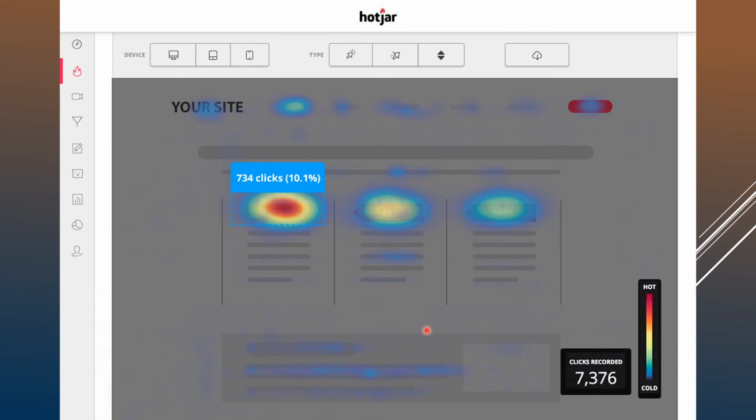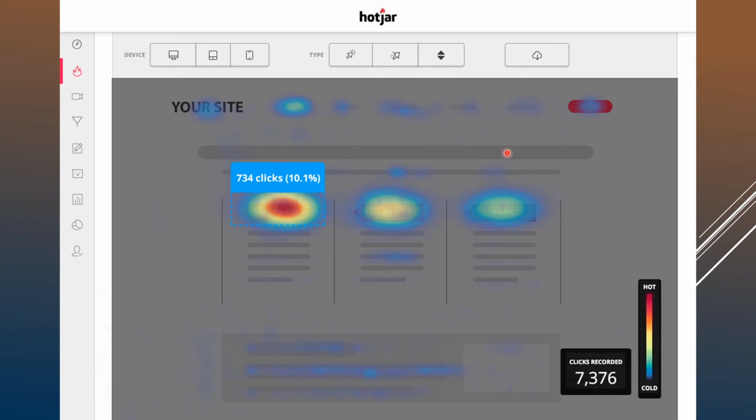And then finally, I want to show you the Hotjar tool that is basically going to generate a heat map of your website, where it will show you how many clicks you are getting on different elements, and then you can actually see why people are not clicking on certain sections. So let's say this is your buy now button or call to action button or add to cart button, and if you see that many people are clicking on your offer but none of them are clicking on your actual buy now, then there's something wrong over there, right?